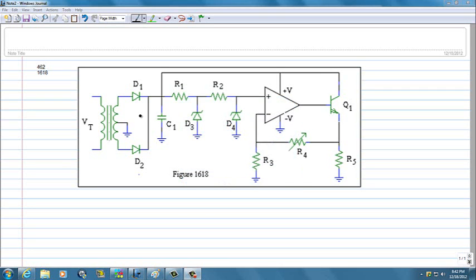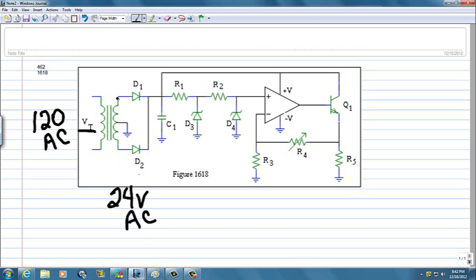This is a DC power supply circuit from 120 volts AC input. A center tap 24 volts